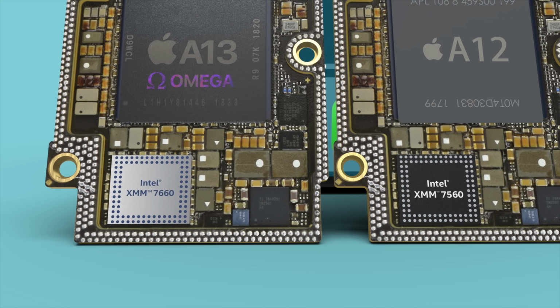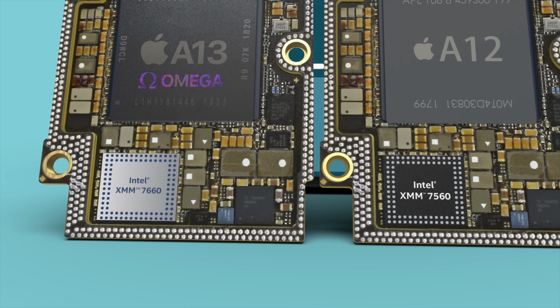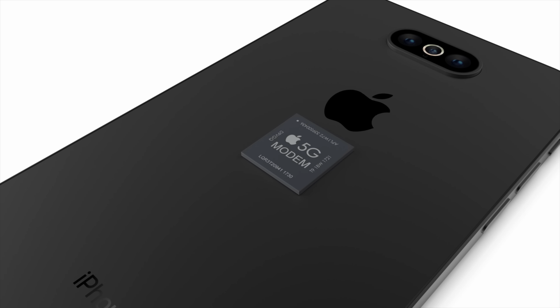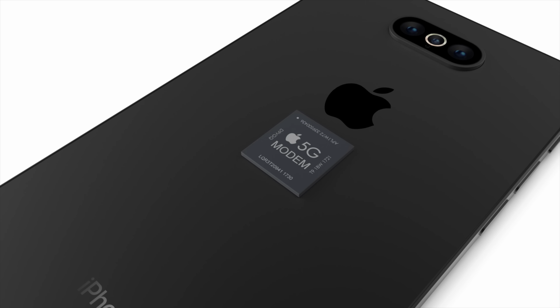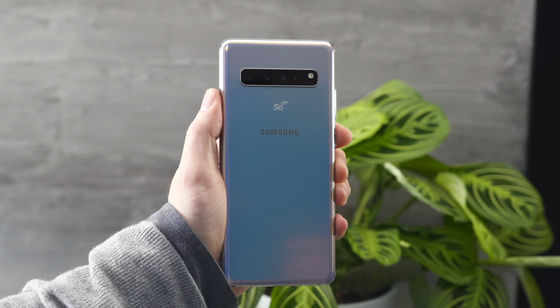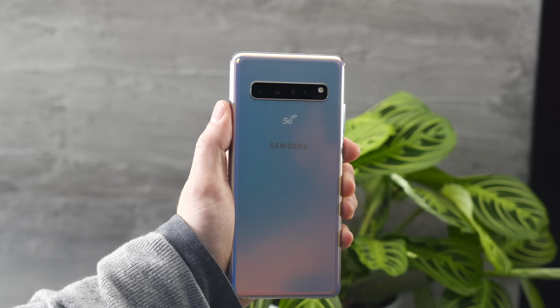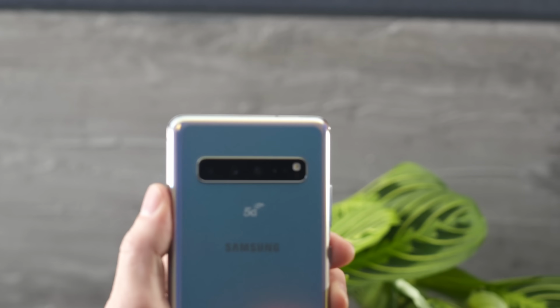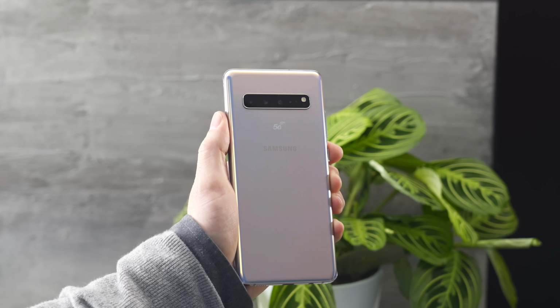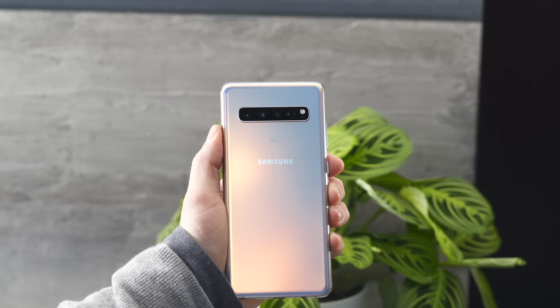News changes fast. And then 2021, beyond that, Apple will be taking a look at how they can improve the modem. So they're gonna delegate this to someone else because they really do not have enough time to catch up, but they'll get there. And just to show you why Apple never hesitates to adopt new technologies is the emerging market for 5G. Samsung has gone all the way in with their Galaxy S10, and a lot of people are complaining about switching from 5G back to LTE. Some users are reporting they need to reboot their phones several times to get it to accept an LTE signal. It's probably a software issue, can be fixed no problem, but it goes to show you